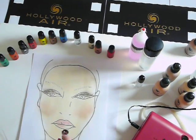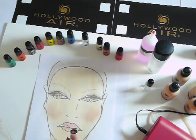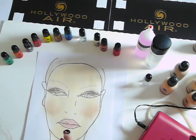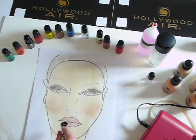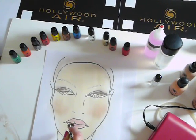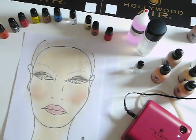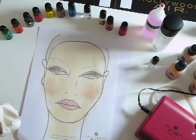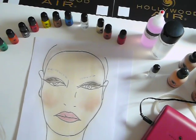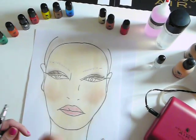And see how lovely that looks? That's gorgeous. Okay, so I'm just going to flush through now with